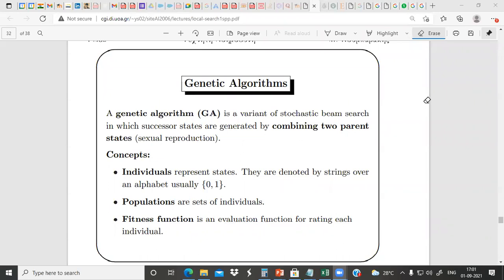So the topic we'll be discussing in this lecture is genetic algorithms. Basically this is a part of local search techniques. So we are discussing local search techniques. In the previous classes we have discussed the hill climbing algorithm, the different variants of hill climbing algorithm, and then we have discussed local beam search, and this is the last topic of local search techniques,